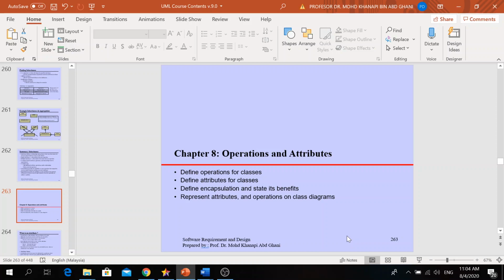The main objective of the use case analysis is to discover the objects or classes, because the class is the static structure of your system. The class will show the system classes, the system attributes, operations or methods, and the relationship among the objects.